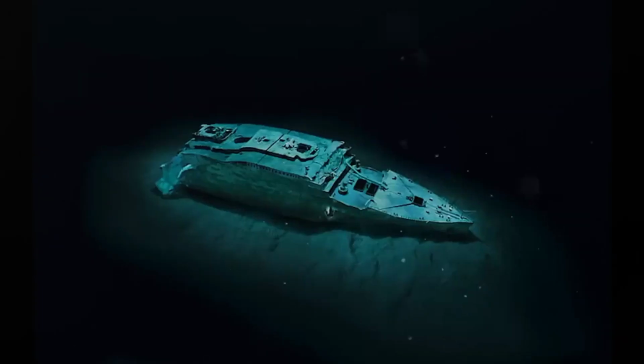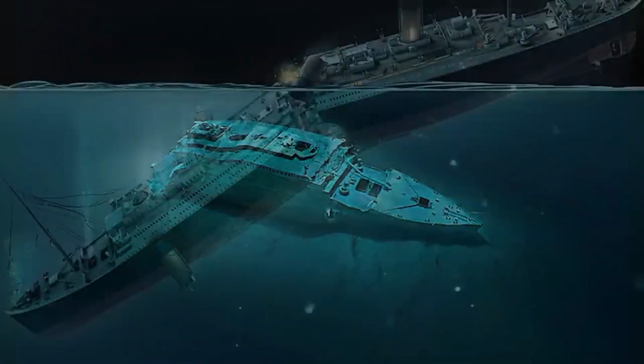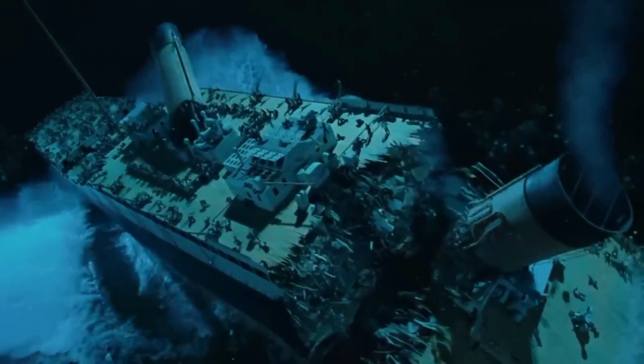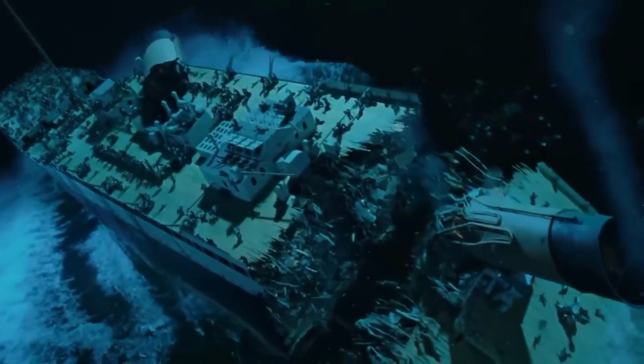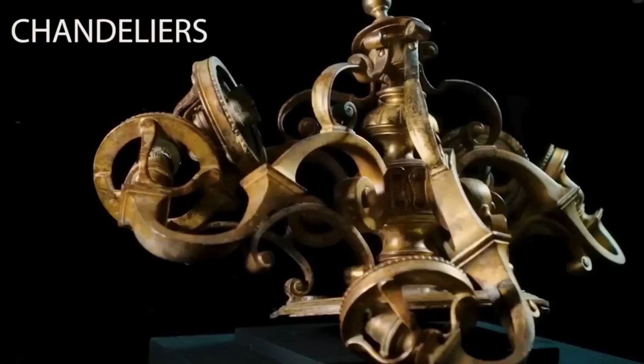When did the Titanic split into two parts? Eyewitnesses reported that the ship broke in two. For years, it was believed that the Titanic split before sinking. However, the 3D model created by sonar scanning tells a different story. Yes, the wreckage inside the Titanic is scattered extensively on the ocean floor, including coffee cups, dinner plates, chandeliers, deck